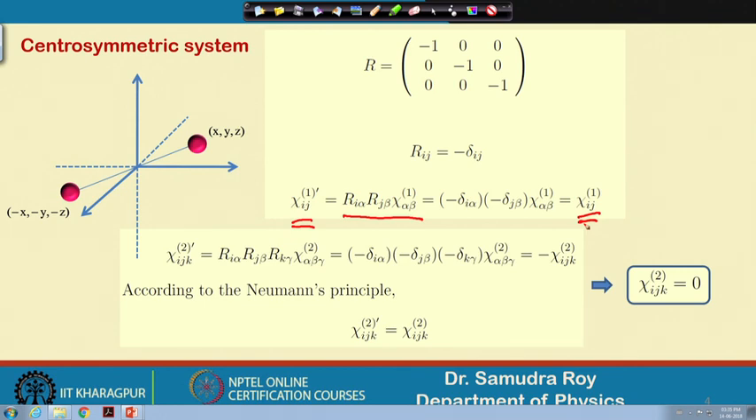So, there is no change of the first order susceptibility. What about the second order susceptibility? Here it should be ijk, because as soon as I go to second order susceptibility, the number of elements ijk changes from 1 to 3 in each case. So, we will have 27 elements, and now if I write this χ_ijk' in terms of R and the previous components,